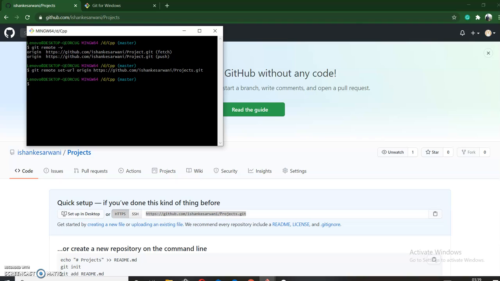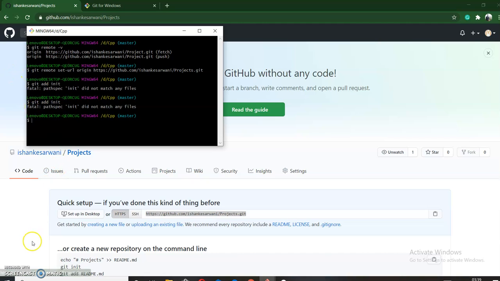Now what you have to do is just create a new repository from here. How do we do that? Just fire the command git add init. I've given a wrong command, git add init, so it is showing an error. So first of all, I need to fire the command git init,